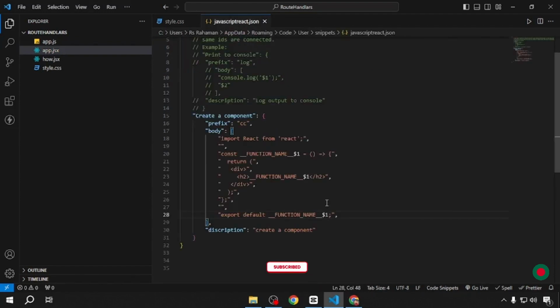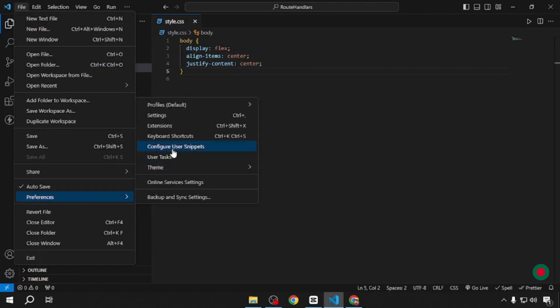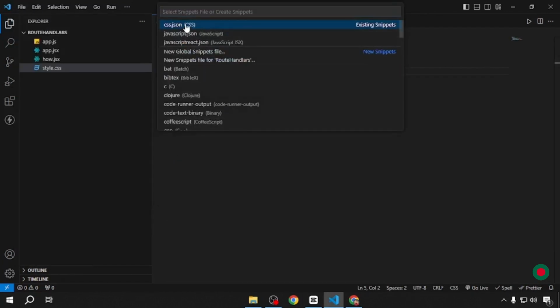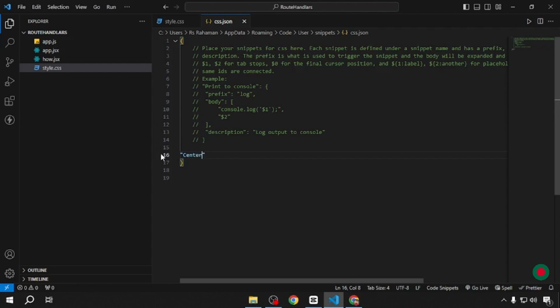Now I will create another snippet for CSS. The title will be center a div. Prefix, it will be CD. Means center a div. Body,